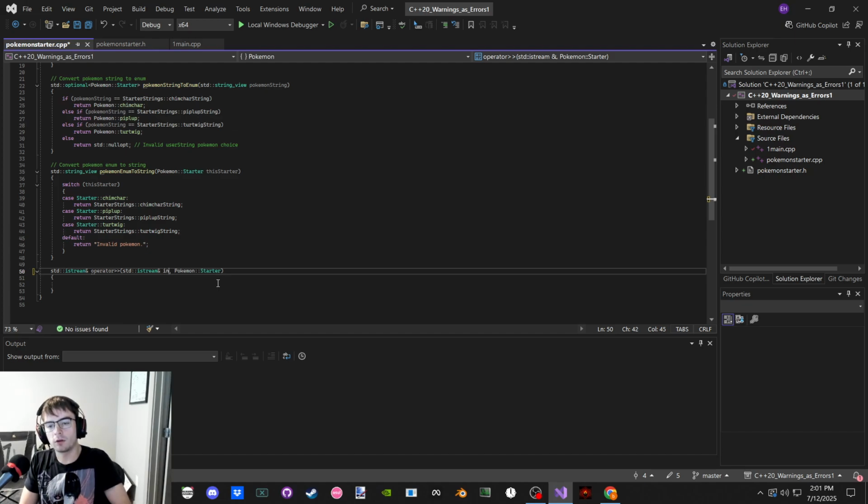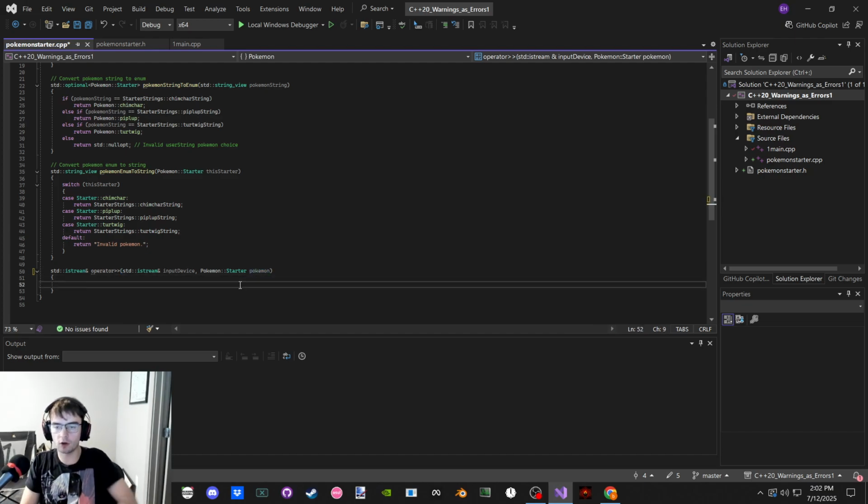In this case, we're going to call it, what do we call it? Input device, sure. Pokemon. And so, we're going to call input device. Oh, shit. But don't we need to store it